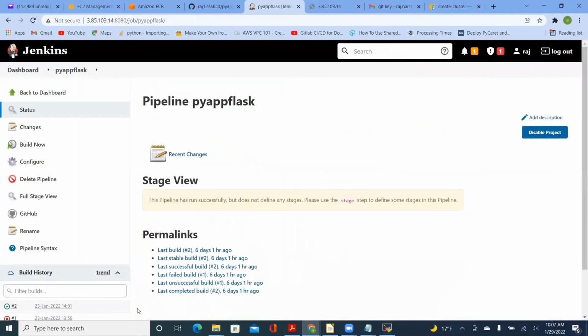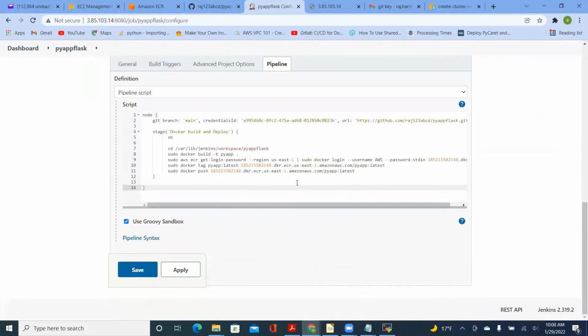Save it. Now configure. Okay, first we want to ensure that everything is correct on the script. So let's see, cd and sudo docker build AWS. So this should run and pick up the repository code from the repository, create an image, and then deploy the code to copy the image onto the ECR repository, and then